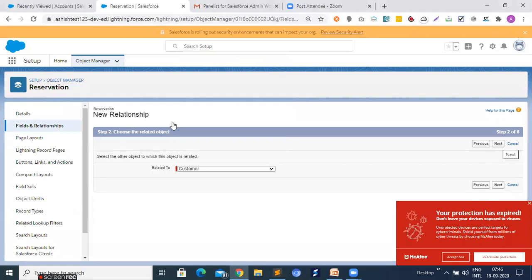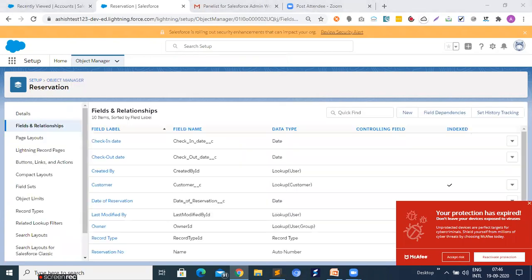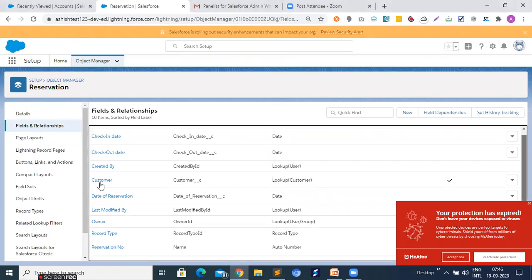As we have already created the lookup relationship, we can modify that particular field. So we need to open this lookup that is already created.